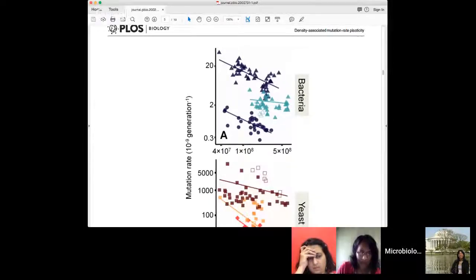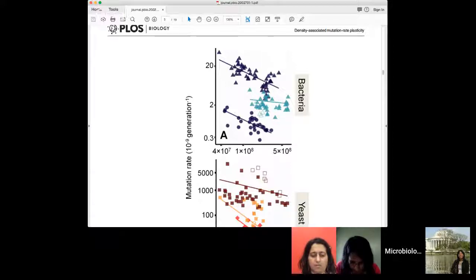All right, so we've got the bacteria up there at the top. The E. coli is in purple. We haven't talked about the blue yet, so we'll get back to the blue because that's Pseudomonas. So the E. coli in purple is basically what we've got: triangles are mutation rates for rifampicin resistance, and the circles are mutation rates that ended up with nalidixic acid resistance. So based on either rifampicin resistance as the triangle or nalidixic acid as the circles. And what they're seeing there is essentially what we've got is